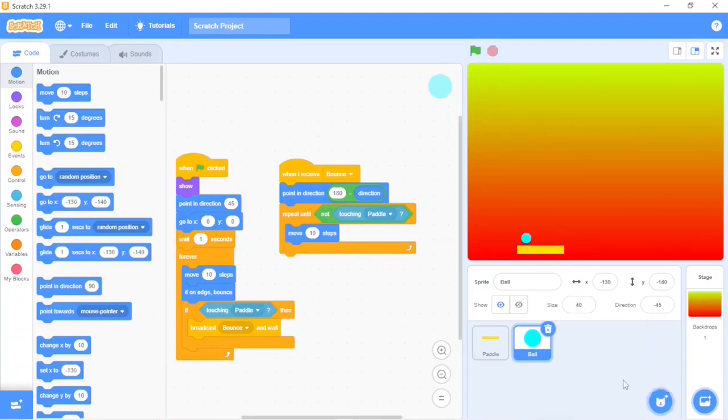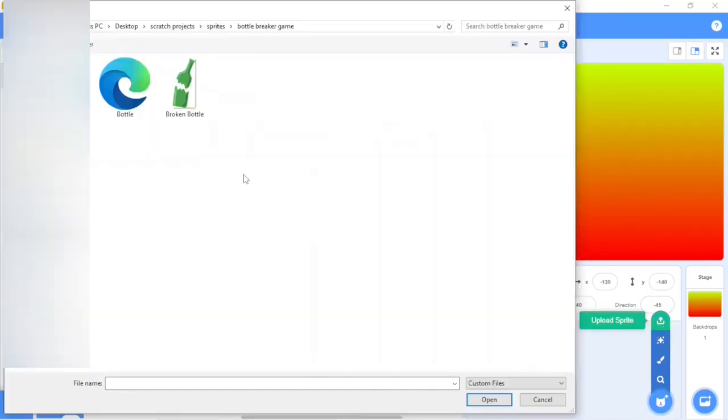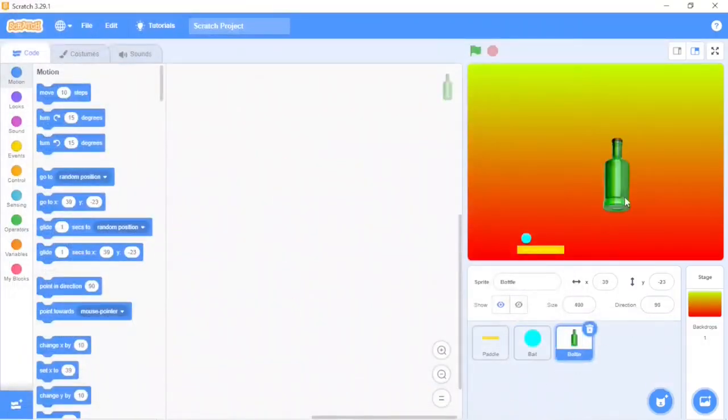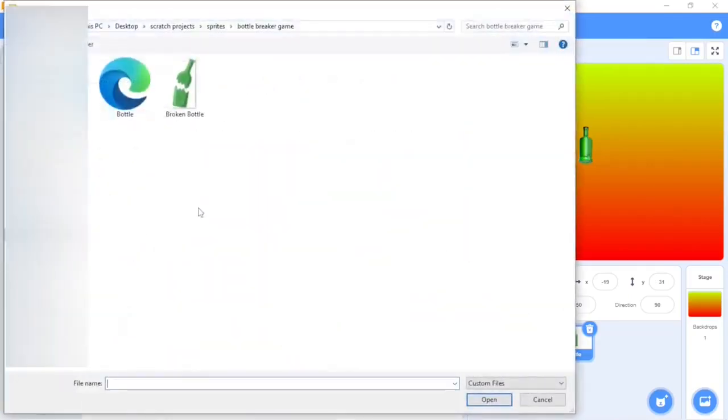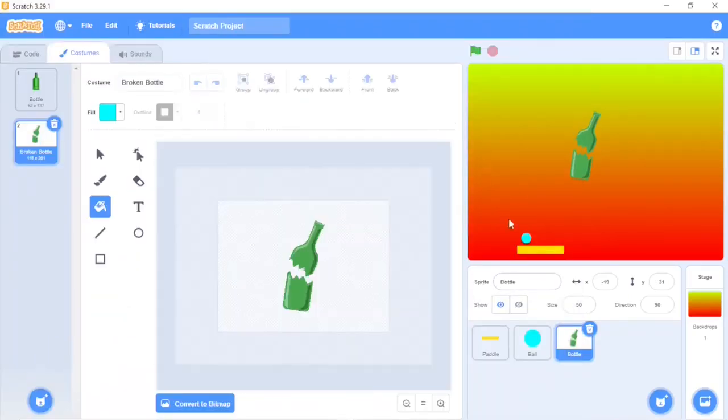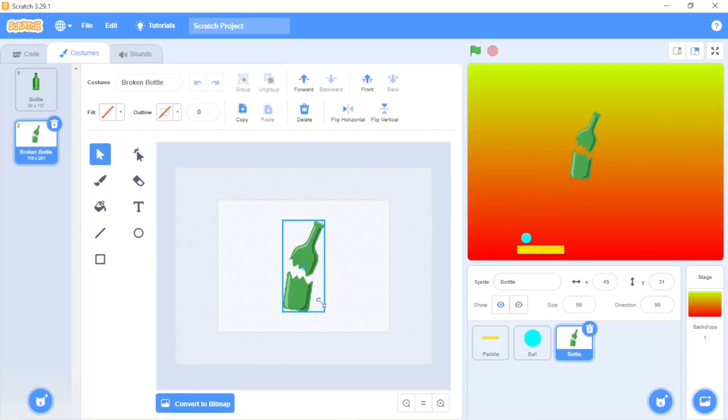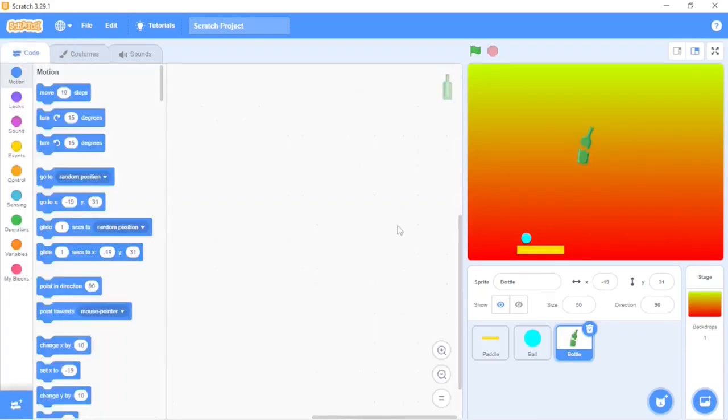Now I'll take a sprite which I'll upload. And now I'll take this bottle and broken bottle. First I'll take this bottle, open. It is over here. I'll change the size to 50. Costumes, and now I'll upload a costume, that is the broken bottle. And I feel like this broken bottle size is too much, so I'll select it and make it shorter from here. Okay, go to codes,